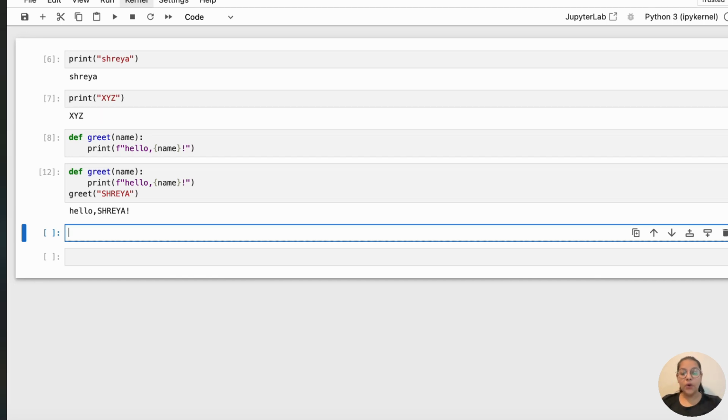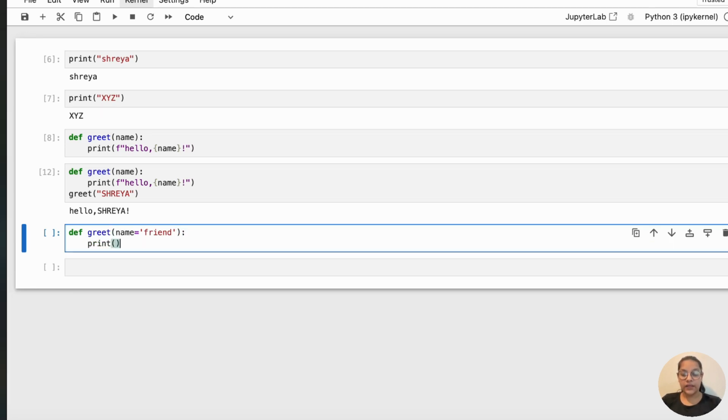Then what are default parameters? Default parameters are like def greet, name is equal to friend. So we simply write name is equal to friend here. This will be the default value. It will take it on its own if we do not give any name here, like f hello